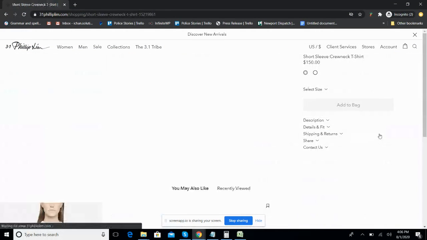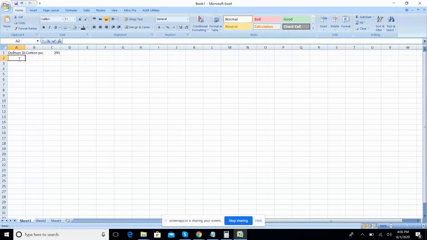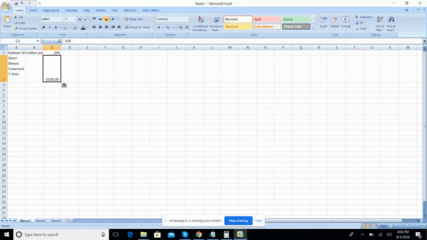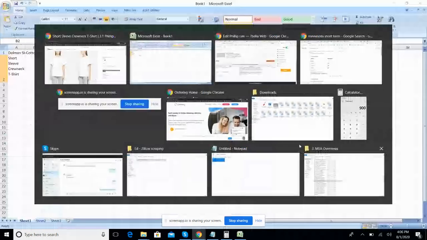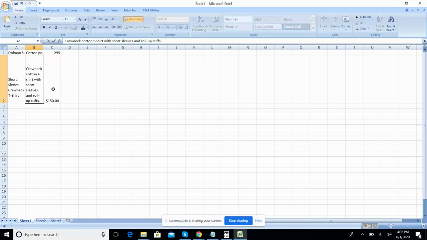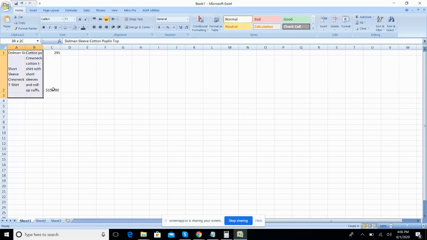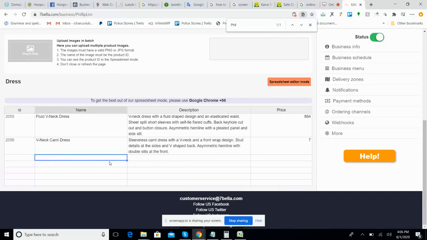For example, I can collect another product. Just copy. So description, you can click on the description. We sometimes have some spaces from the browser. Okay, so just copy these two products. You just go here and just paste.